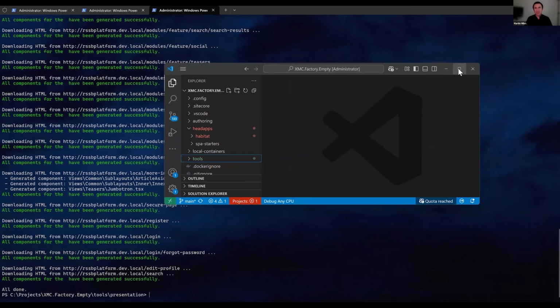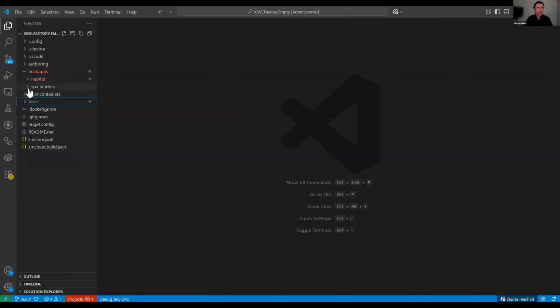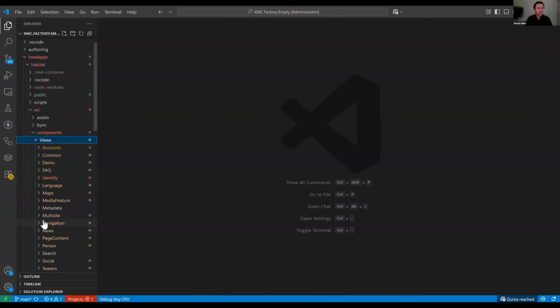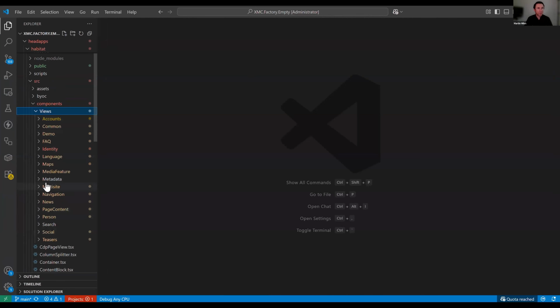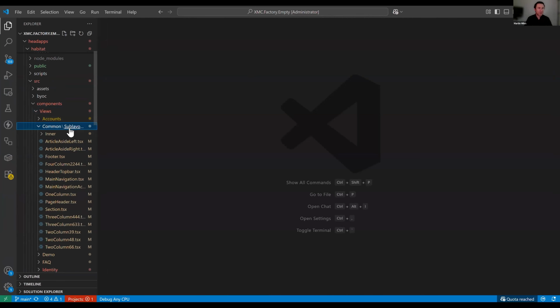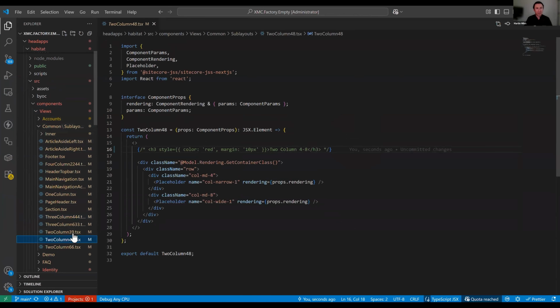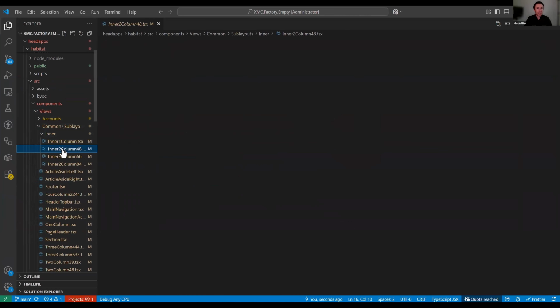So let's see what is generated. I have this habitat application, sources, components. So that's the view folder. And probably the best would be to take a look at the structural one, remember this one I showed you that has two nested placeholders. So these are GSS placeholders. It knows the name and it